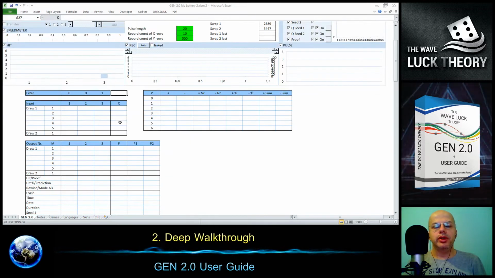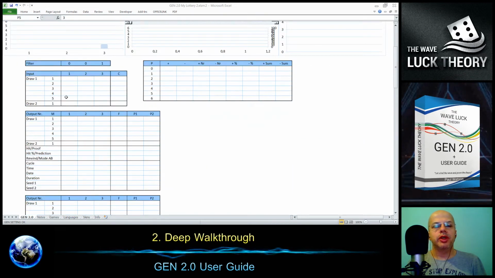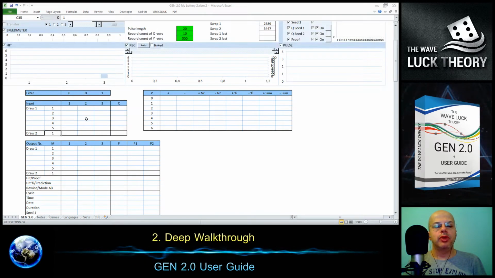Then we have the input box, and we have here the history, as we put there the count of previous slots. So for the history, we are keeping 3 previous drawings, and here we have for draw 1, where we are drawing 5 numbers or selecting 5 numbers, and 1 number from 26.